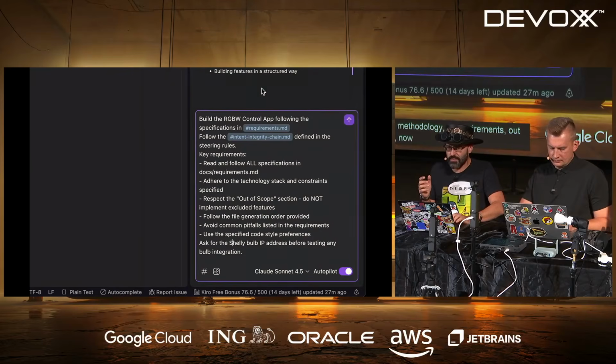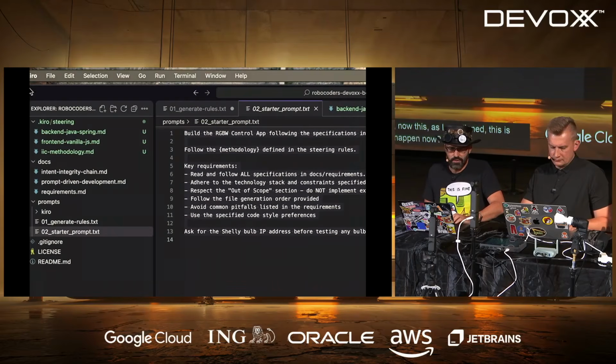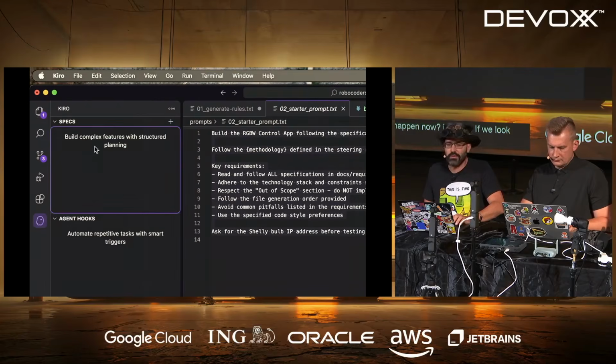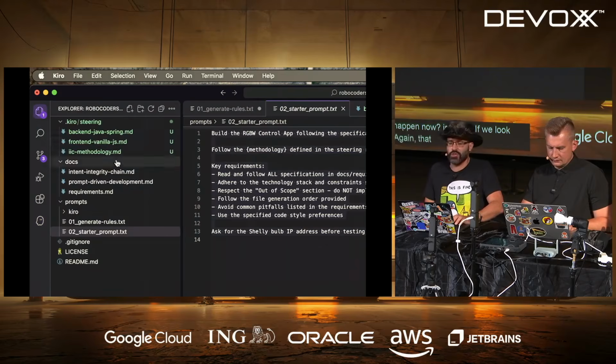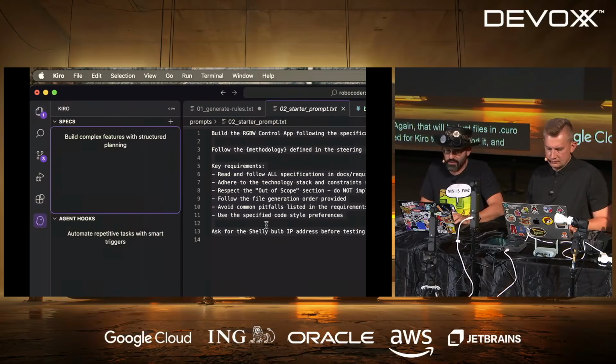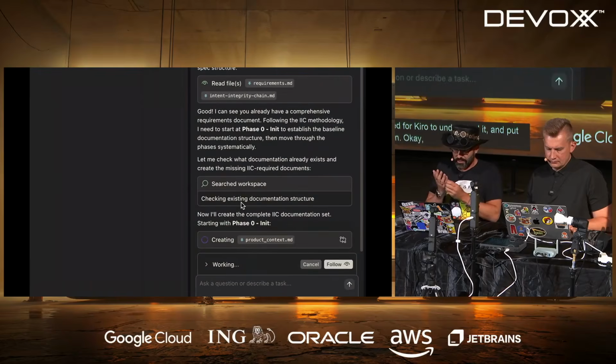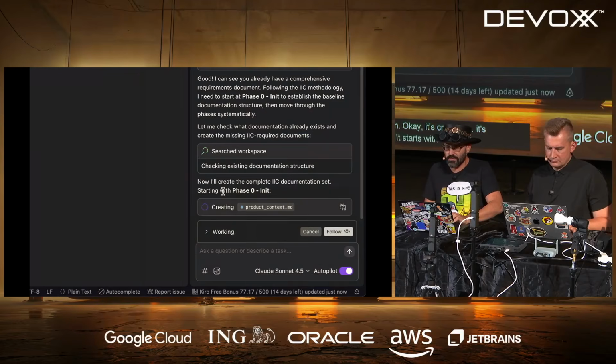Okay, now this, as I mentioned, is going to be spec. Now, what is going to happen is that if we look here, we will start to see specs coming. Again, that will be just files in the .kiro folder that will be specifically formatted for Kiro to understand it and put it here in specs. Let's see what's going on. Okay, it's checking documentation, and now it starts with